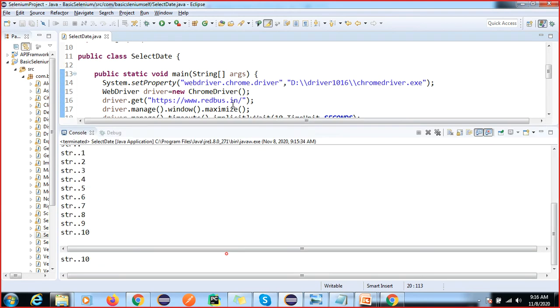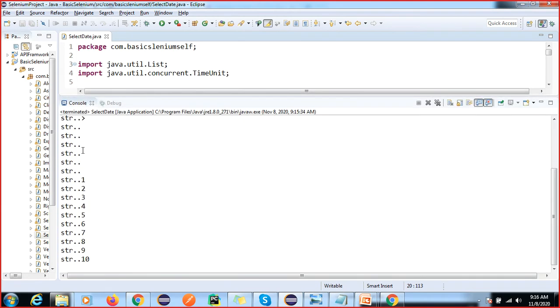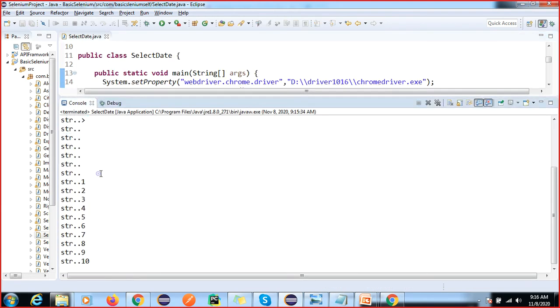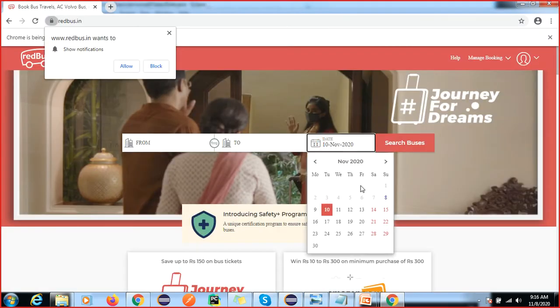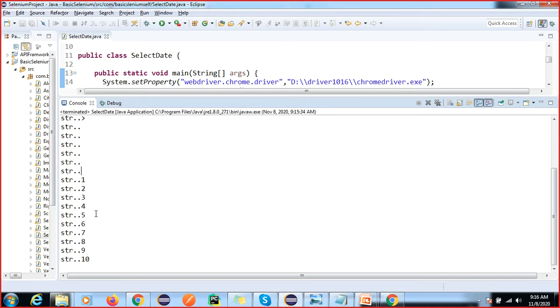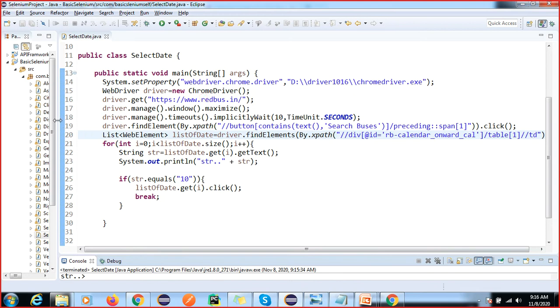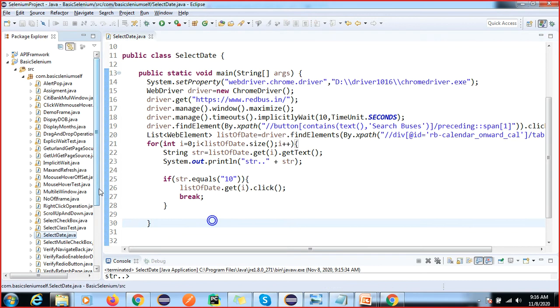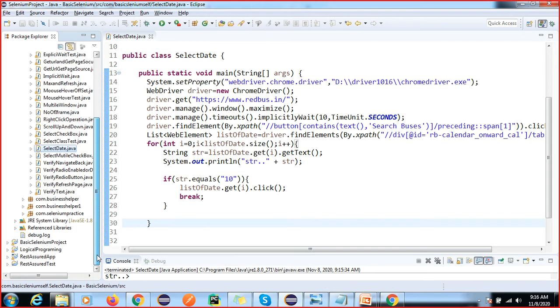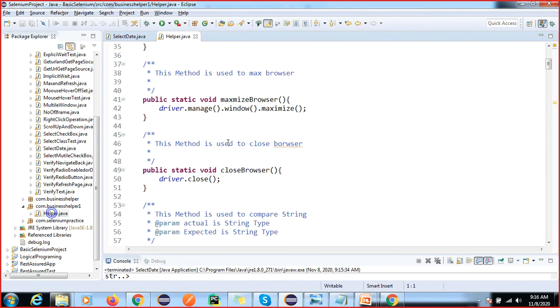Here this value will display. It was blank earlier because it is capturing all the values of this table, and I did not select the table, so that's why it was not displaying. Okay, so we can make this a reusable method. Let me see where it is, this one, right? We are doing all the methods from here.